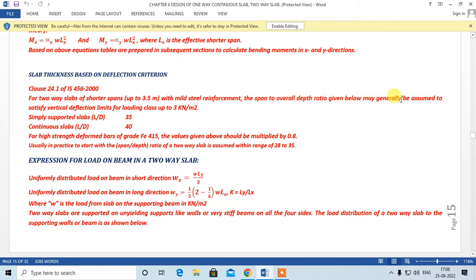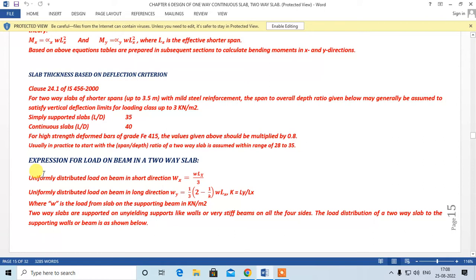given below may generally be assumed to satisfy the vertical deflection limits for loading class up to 3 kilonewton per meter square. For simply supported, the code suggests an L by D ratio of 35, and for continuous, an L by D ratio of 40, when you are using mild steel reinforcement. When you are using high deformed bars, that is grade Fe 415 or Fe 500, you can multiply this by 0.8. So this is a criterion through which you can start the assumption of a two-way slab,